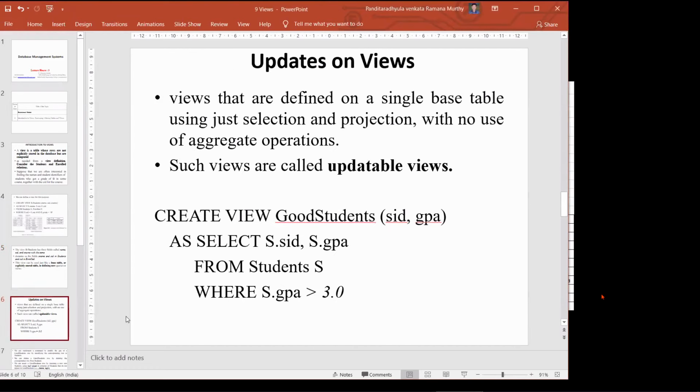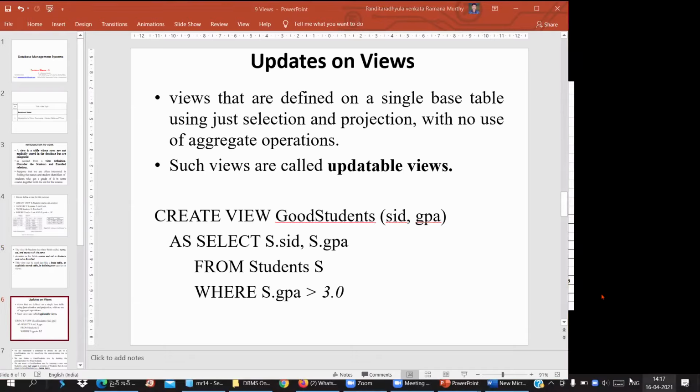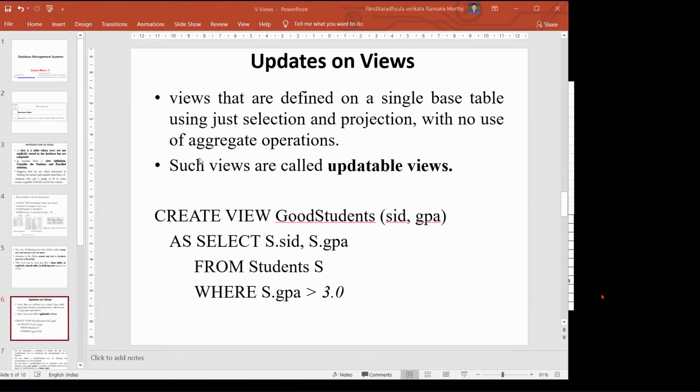But a couple of points with reference to views, be careful. Views that are defined on a single base table, with no use of aggregate operators, can be updatable.